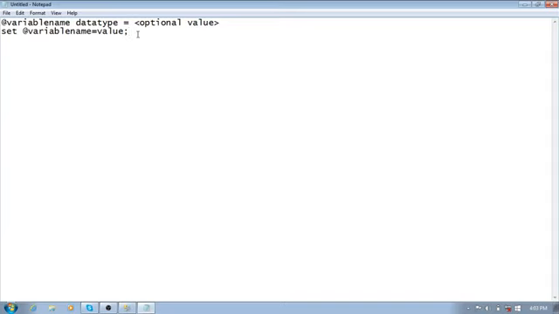And there is one more type of variable that is called system variables. We have system variables in SQL Server. They start with @@ symbol. They are called here